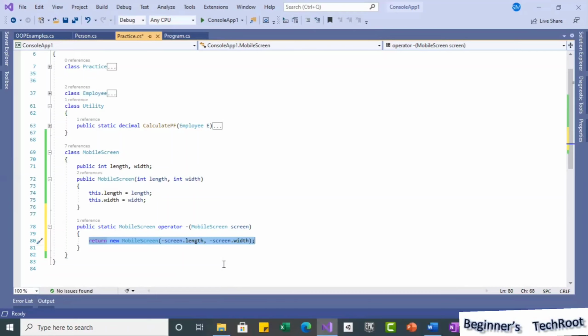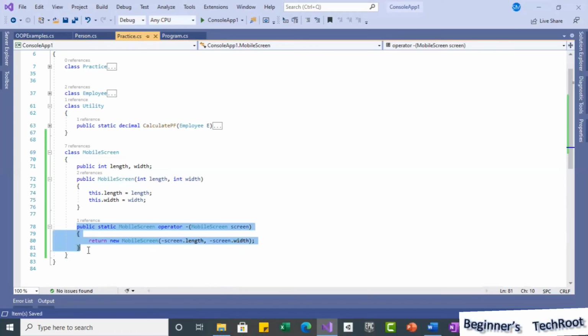But just for understanding, I am using very simple behavior: I want to return both the values as minus, because it is a unary operator I am trying to use. So that is how we overload the operator.